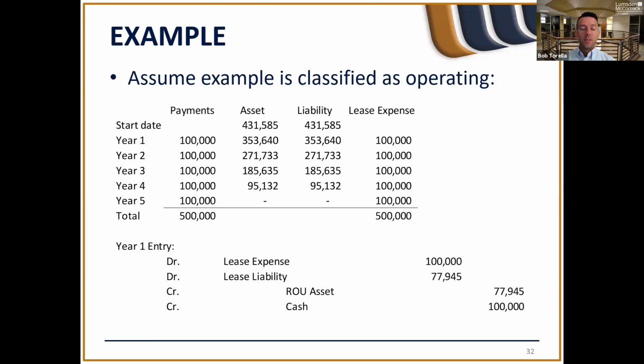Now let's say we treat this as an operating lease. As you can see, again, you make your $100,000 payments each year, $500,000, and then your lease expense needs to be this $100,000 essentially. Your liability is being unwound again using the effective interest method, and that $22,000 of interest is really being recorded to your lease expense. So the difference to get to your $100,000 lease expense is now the amortization on your right of use asset. In this case, it's the same amount being reduced from your lease liability as well as your asset.